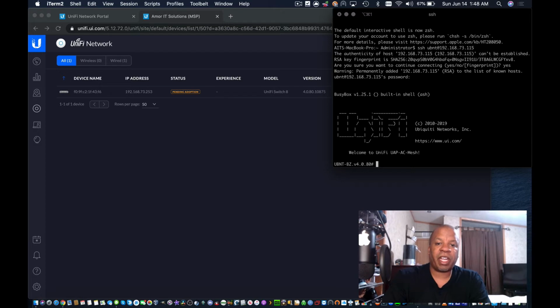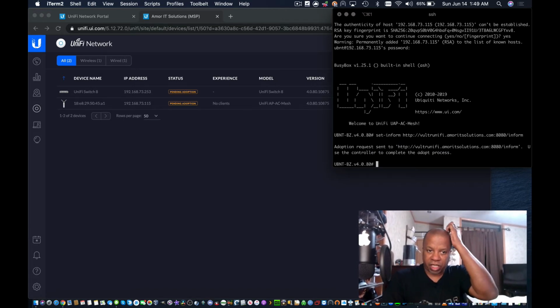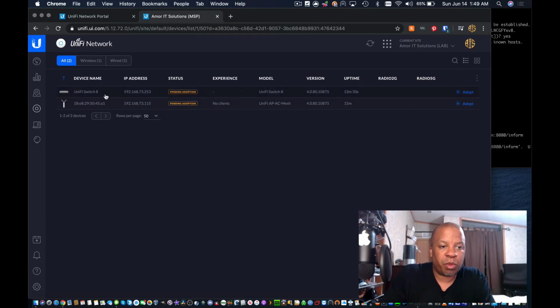Enter. Now I have SSH'd successfully into the mesh access point. And basically I want to do the same thing: set-inform http:// and then the fully qualified domain name, vultr.unifi.amoreitsolutions.com:8080/inform, and then hit enter. Again, it's going to send that to the controller, and you can already see here that both of those devices